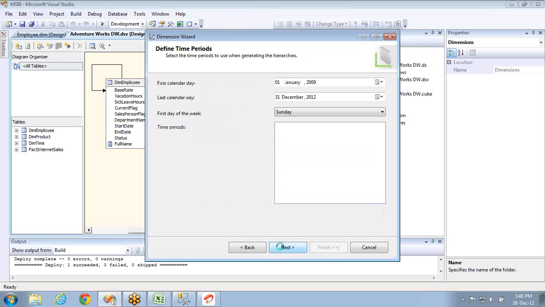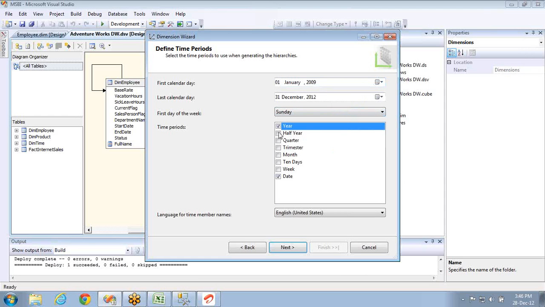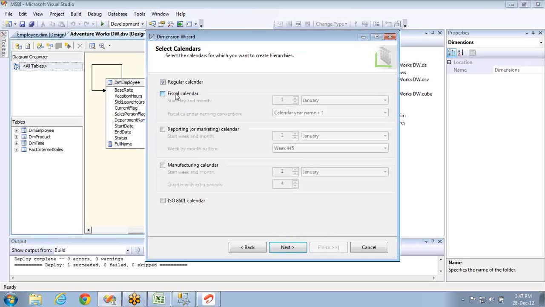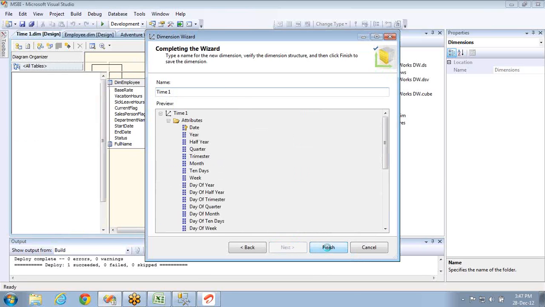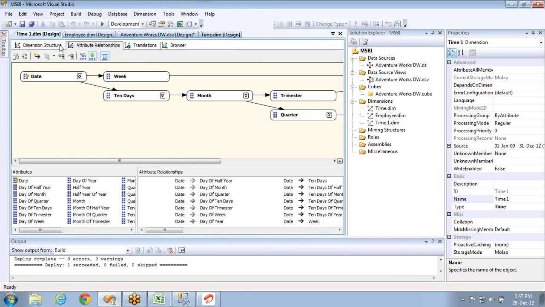So this one is pretty different. In the same way, you have to select. Let me go with 2009 to 2012, and again in the same way I have to select. It is similar to the second option we have seen, but the only difference is the second option creates a physical table in the database, whereas this one won't create any table in the database. It directly creates a table on the server. If I click on finish, you can see the attributes are added, the hierarchies are created, relationships are given,